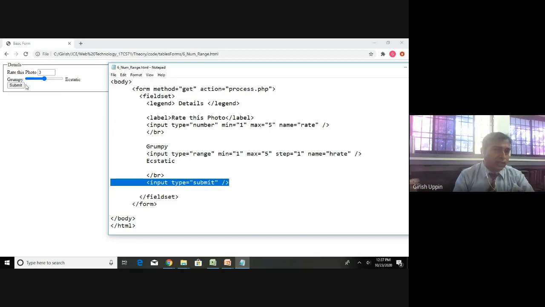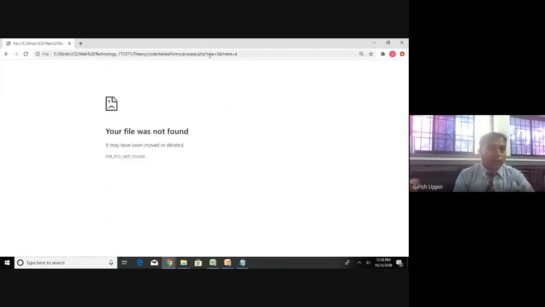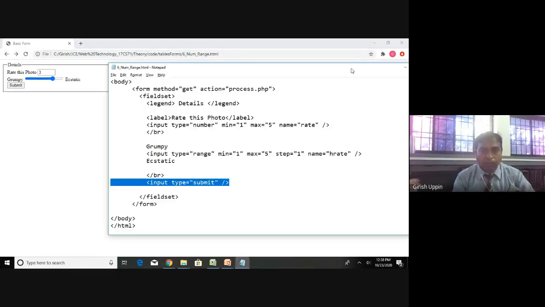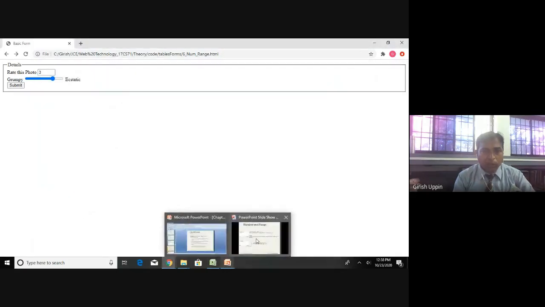Whatever value you select here is going to be one of the values between the minimum and the maximum. I will select some value here and say submit. You can see rate is equal to 3 and h rate is equal to 4. So that is how you can have the number and range controls in your form.